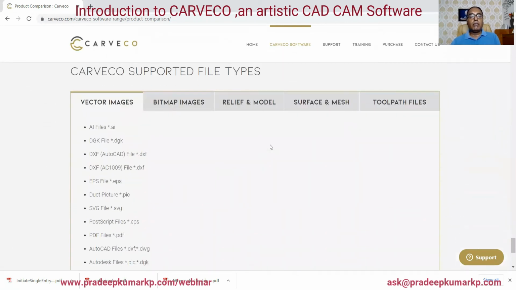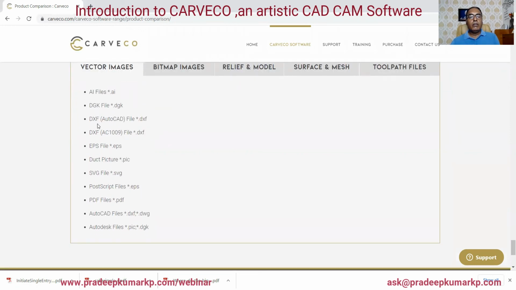So in vector files, we have AI files, DGK files, DXF AutoCAD. We have DXF in different formats available.